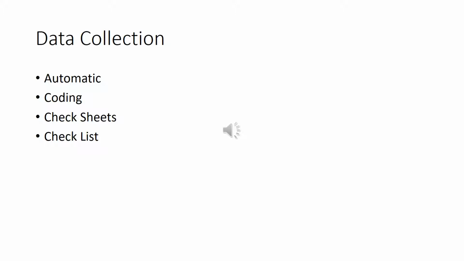Coding, this we use a lot in qualitative data. Basically you take like a Likert scale, you convert it into quantitative data, and so you can analyze it. I'll have a link in the readings to talk about that. A check sheet, that's basically a tally. You have somebody out there making little tick marks every time they do something or find something, whatever it is. Close to that, another form is a checklist, a grocery list. Basically, this is something that somebody might follow to make sure they do something. We can go out there and you could check that, see what they missed on their grocery list.